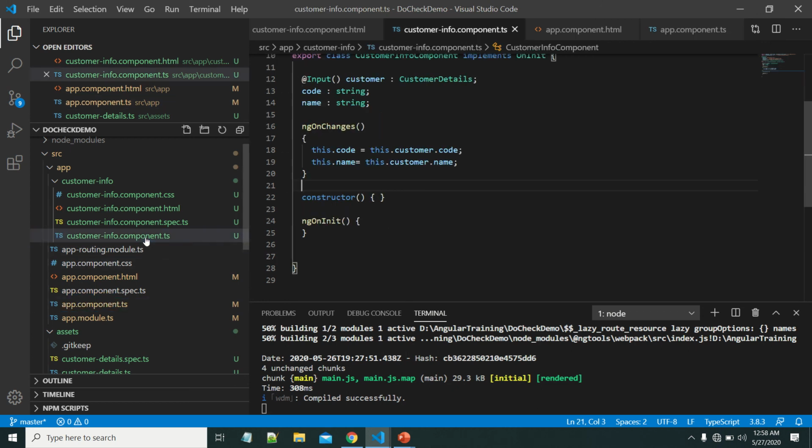So whenever it is changing, this code is not executed. If you write some business logic to fetch other details of the customer by using this code, it would have fetched the cust001 details, but it should fetch the cust002 details when we click on that button. Okay, now let us try to write the same logic in ngDoCheck.